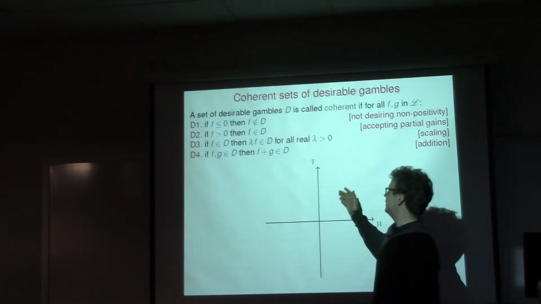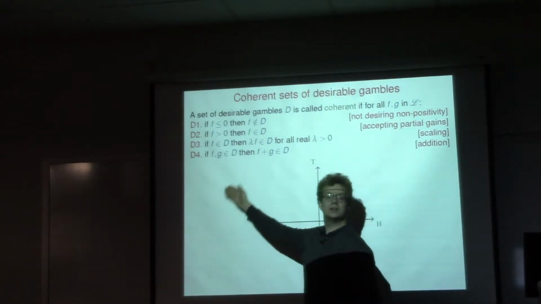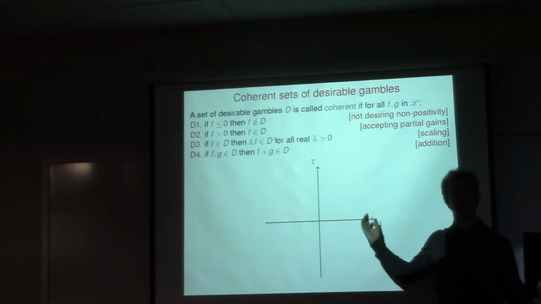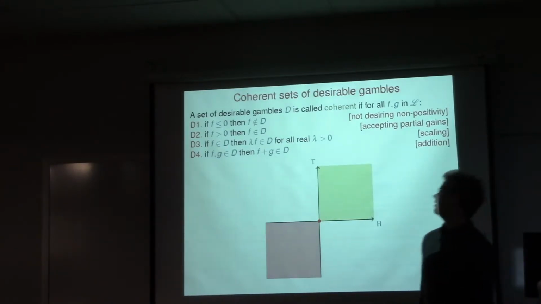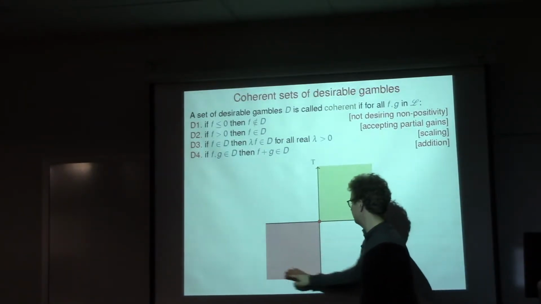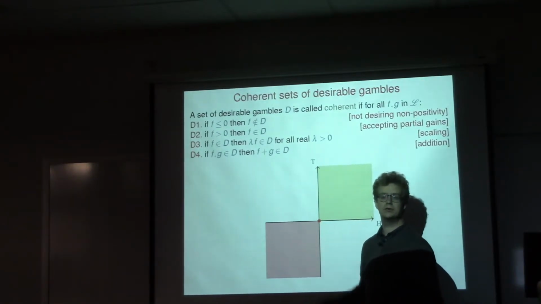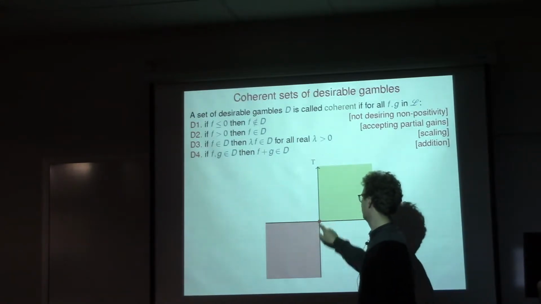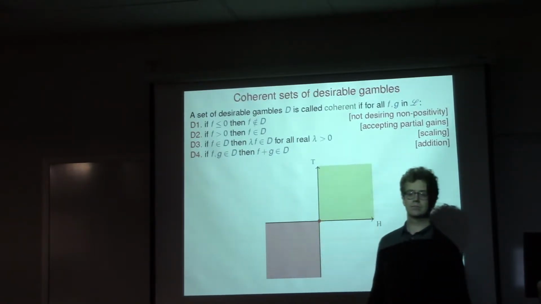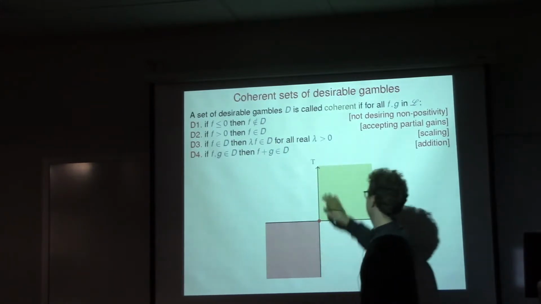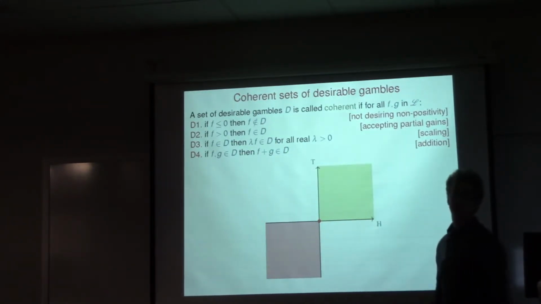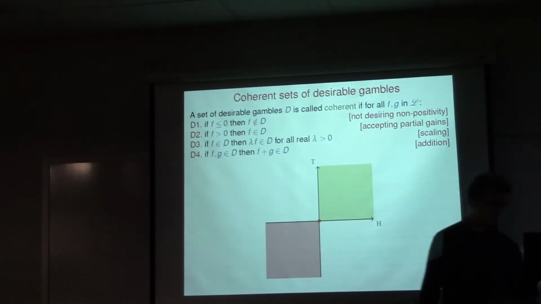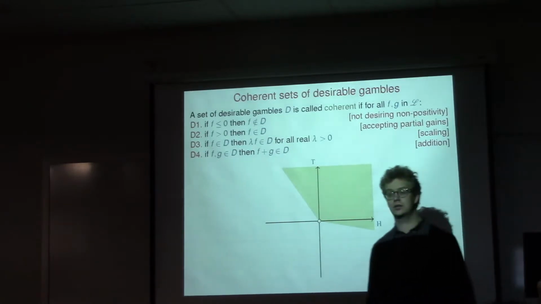So for a set of reliable gambles, I will consider only the coherent ones. What does it mean for a set of reliable gambles to be coherent? Graphically, the first axiom says that the negative orthant is bad, it can never be desirable, and it includes the borders and 0. The second axiom means that the positive orthant is always desirable. It includes the borders, but not 0. The third and fourth axioms just mean that it's a convex cone.